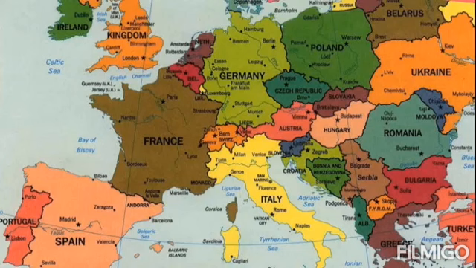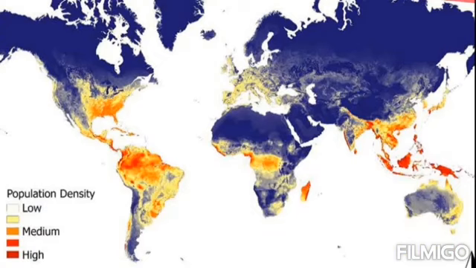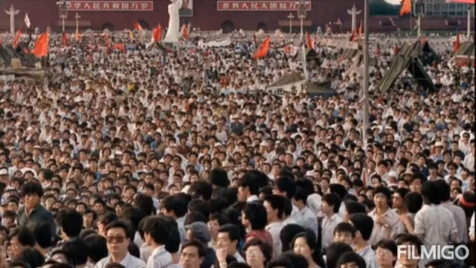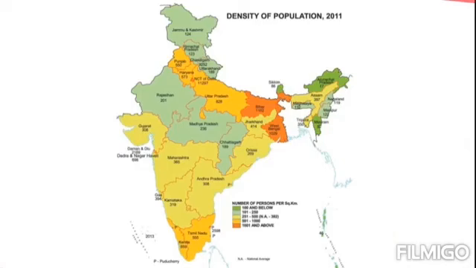The countries of Western Europe and the eastern and central part of North America are also densely populated as they have achieved a high level of industrialization and are able to support a large production. Areas of moderate density. Mining, industrialization and improved infrastructure have made these areas attractive for people to settle. The moderately populated areas are Central USA, Southern Russia, Ukraine, South Africa, Central China, Argentina, coastal parts of South America, Central America and Southeast Asia. The Deccan Plateau in India is also a moderately populated area.